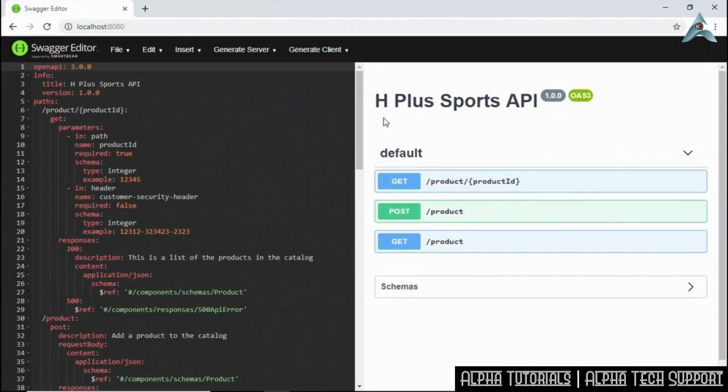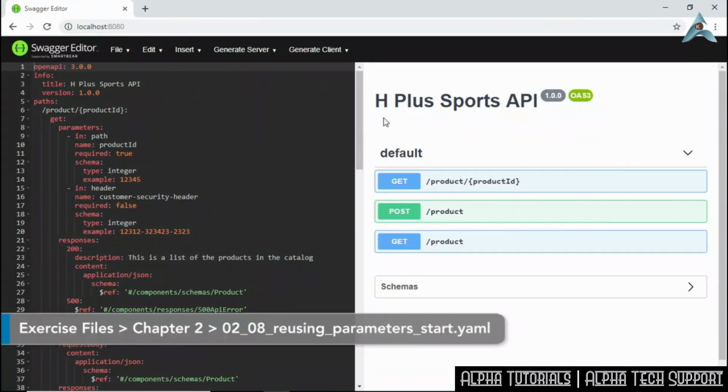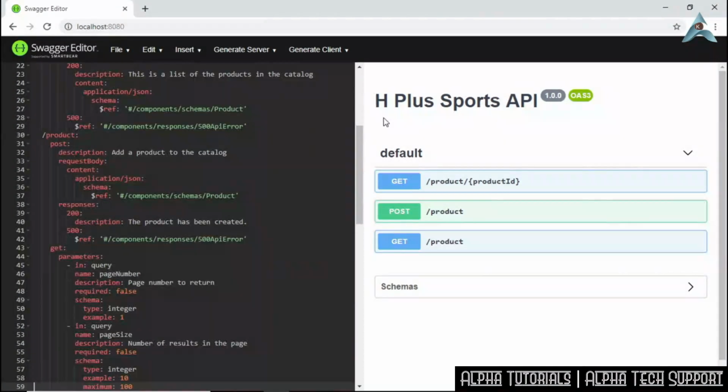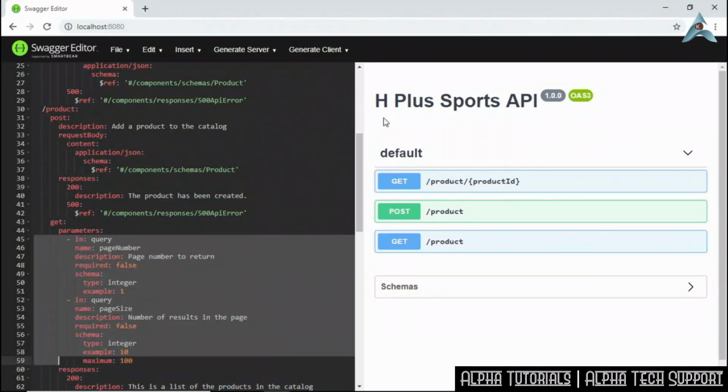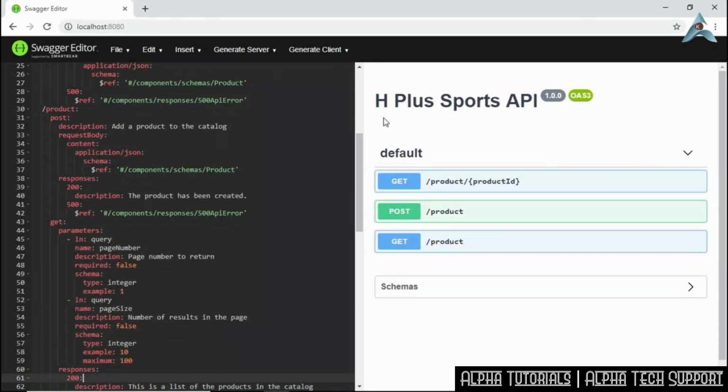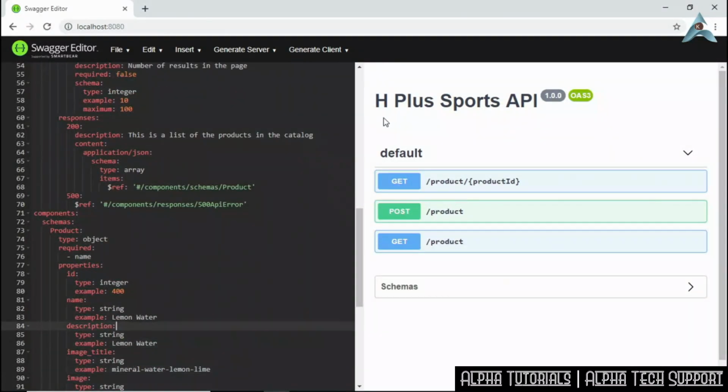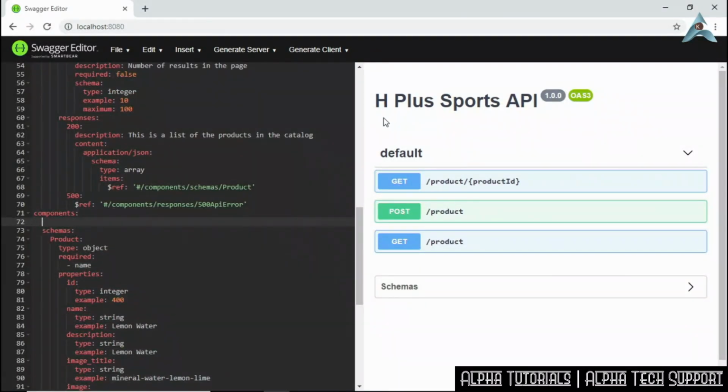Query parameters are another object that can be reused in API definition files. If we take a look at our API definition, we'll see within our product endpoint that we have the paging parameters that we established for the get operation. These parameters could easily be reused for other endpoints that require paging. So let's go ahead and copy these because we're going to move them within the components section